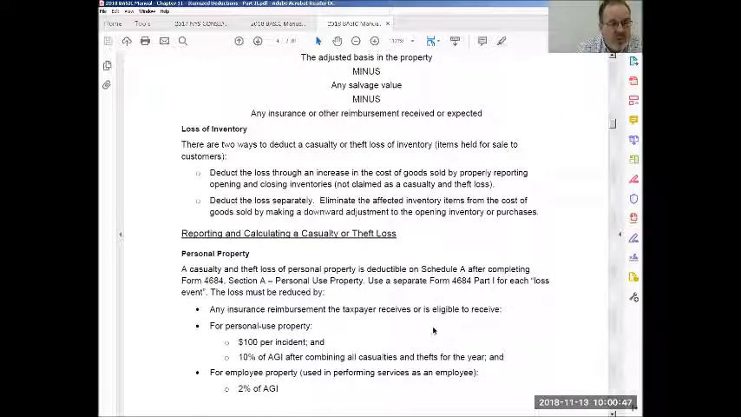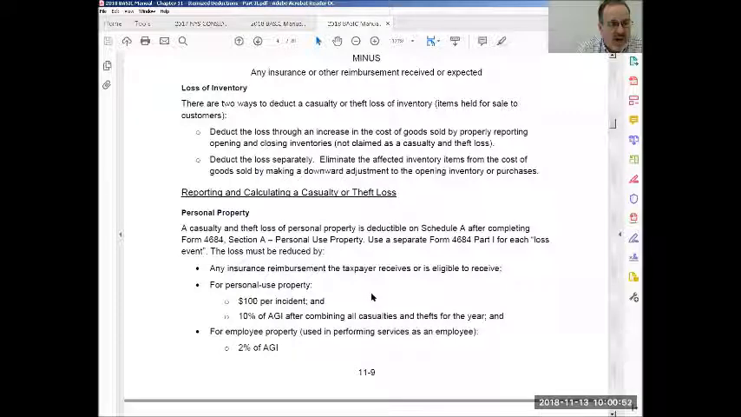Okay. So reporting and calculating casualty, theft, or loss. We're at the bottom of 11.9. Casualty and theft loss of personal property is deductible on Schedule A after completing Form 4684. And you have to use a separate Part 1 for each loss. And the loss must be reduced, as we talked about, by insurance reimbursement. For personal property, $100 per instance, and 10% of the AGI after combining all casualty and theft losses for